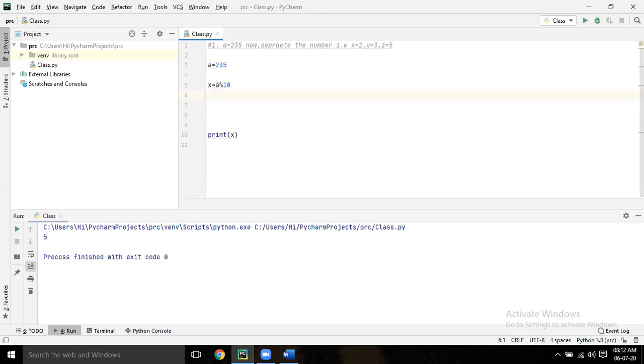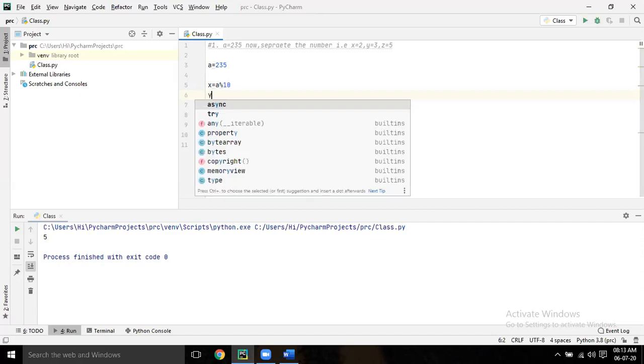How to get 23? If you divide by 10, the quotient is 23, right? So how to get the quotient? Floor division, that is the double slash. If you use double slash floor division, you will get only the quotient, not the decimal.